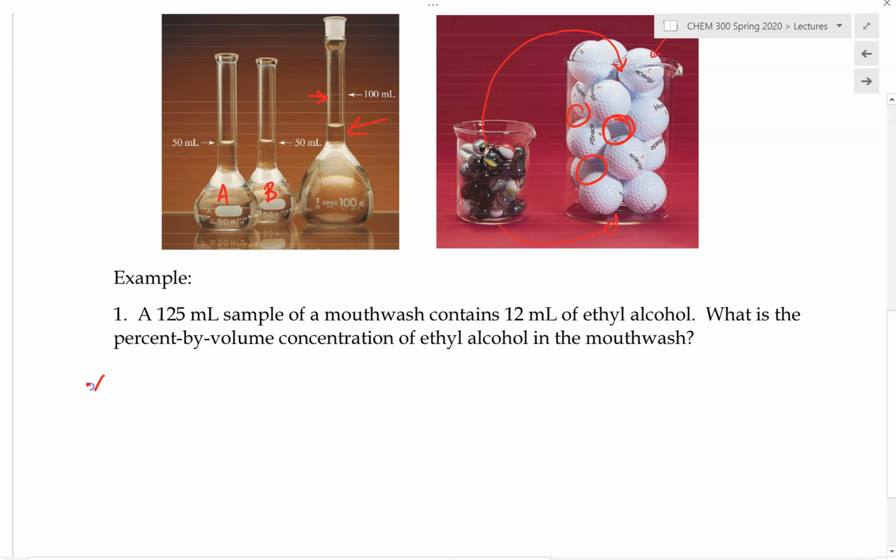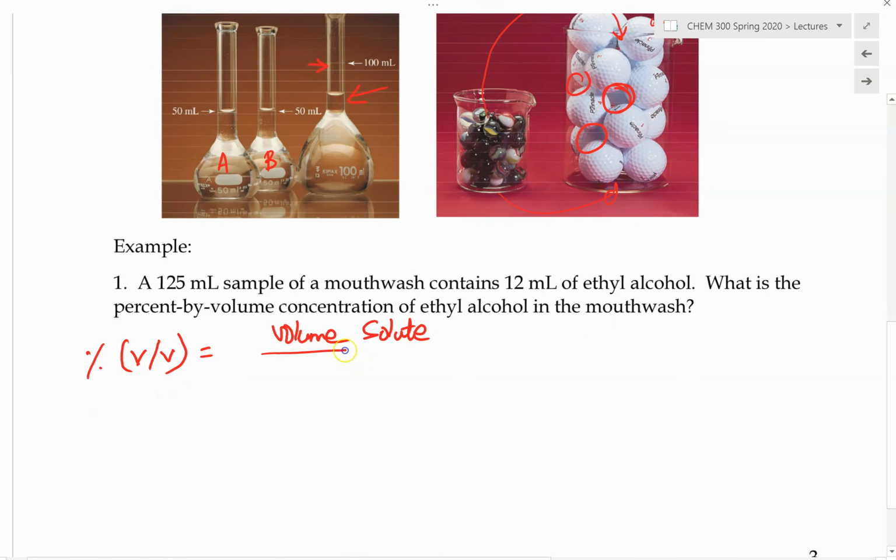So in this case right here, the percent by volume, so percent V over V, would equal the volume of solute. And the volume of the solute can be any unit. It can be milliliter or gallon, it does not matter. But make sure the volume of the solute and the volume of the solution have the same unit. So here, volume of solution. And in this case right here, we have 12 milliliters of ethyl alcohol. So 12 milliliters. So that tells us that we have to convert the volume of the solution into milliliters